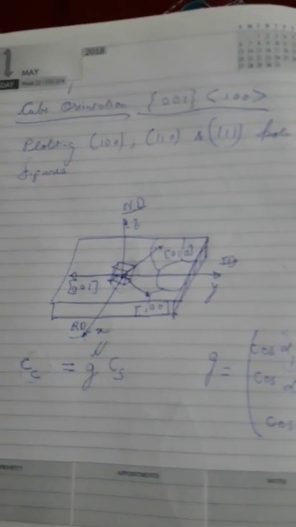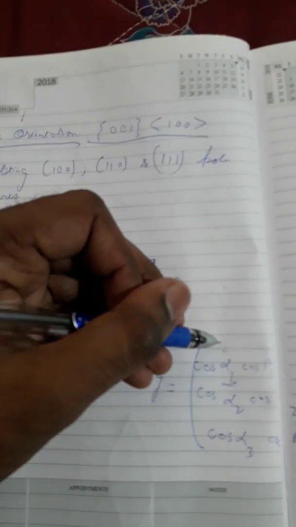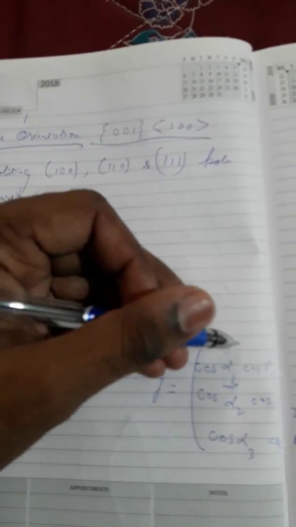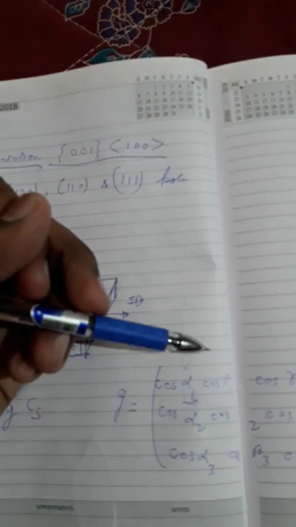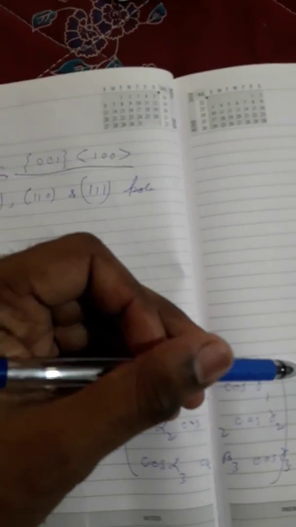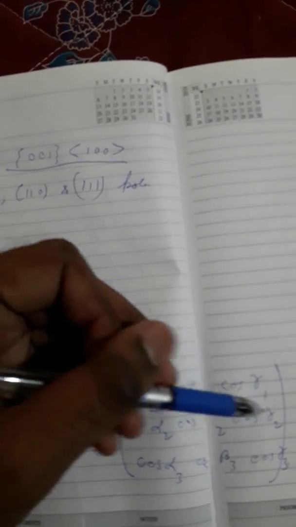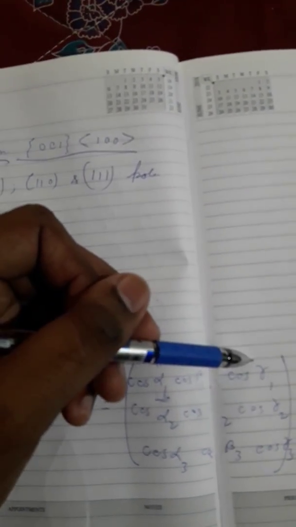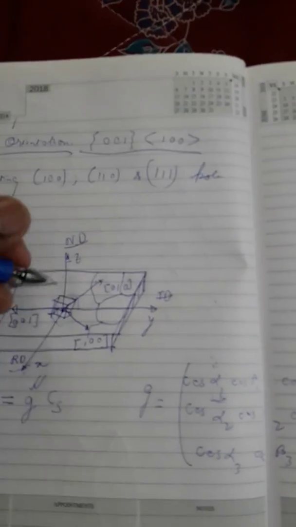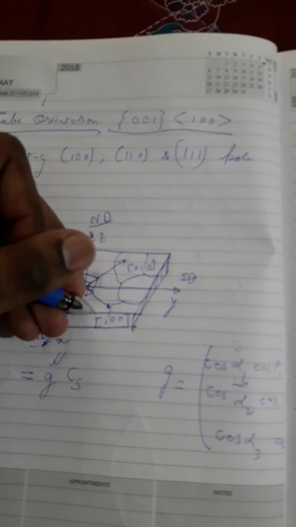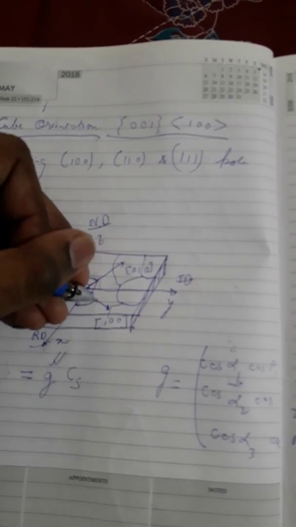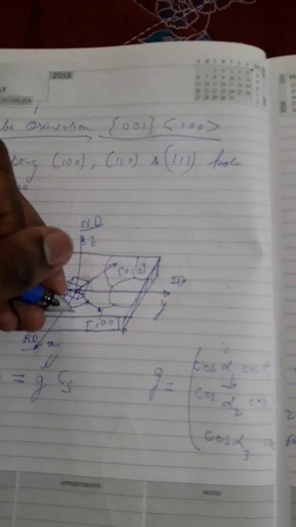Now what is alpha 1? I already said that alpha 1 is the angle which is made by 100 with RD. Similarly, beta 1 is the angle which is made by the TD, transverse direction, with 100. Similarly, gamma 1 is the angle which is made by the normal direction with 100. So if you just mark this on this particular diagram, basically what we're going to get is, we take this 100 and RD, the angle between them,